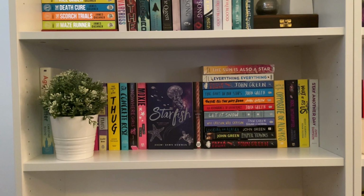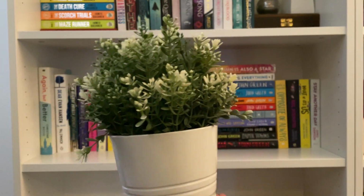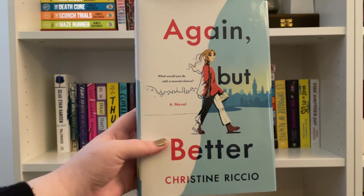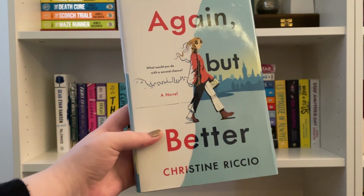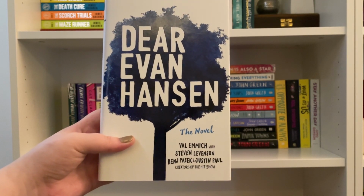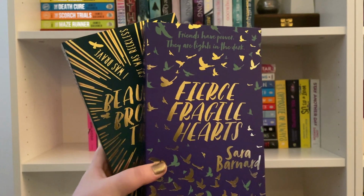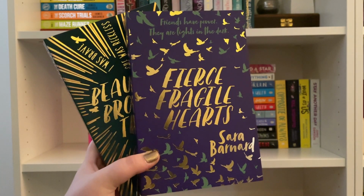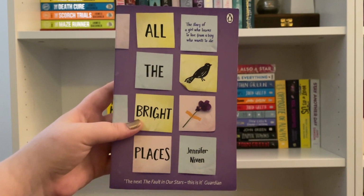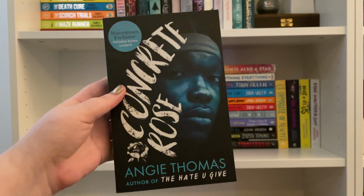Moving down again, we have my first contemporary shelf. The first thing I have is this fake plant, which I believe was from IKEA many, many years ago. And then for the books, we have Again But Better by Christine Rico, Dear Evan Hansen, the novel by Val Emick with Stephen Levinson, Benj Pasek and Justin Paul, Beautiful Broken Things and Fierce Fragile Hearts by Sarah Barnard, Girlhood by Kat Clark, All the Bright Places by Jennifer Niven, The Hate You Give by Angie Thomas, Concrete Rose by